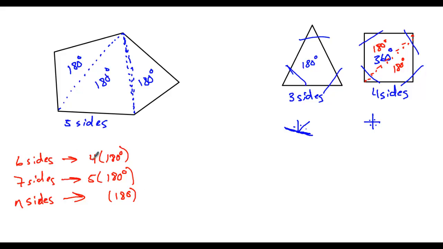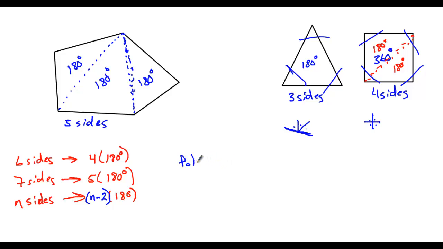So if I had 6, I used 4. If I had 7, I used 5. So if I have n, hopefully you can see that I would use n minus 2. So whatever n is, if n was 5, I would use 3 times 180, like this. If n was 6, I would use 4 times 180. If n was 100, I would use 98 times 180. So